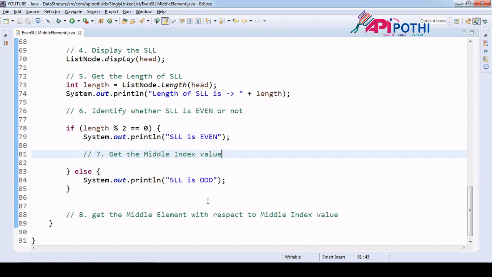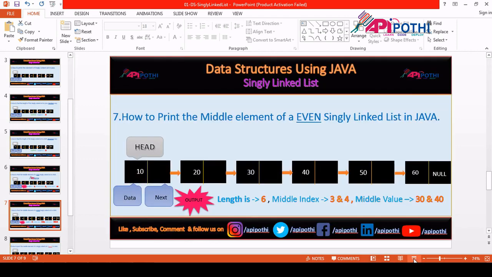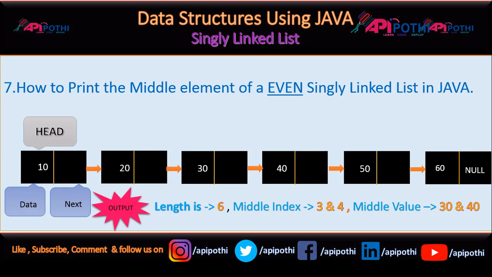Just divide by 2, and this will divide by 2 plus 1, giving you the middle index, since it has a single middle index. But for even also we have the middle index, but the number of indexes will be 2, not 1. So as I already showed you here, if you see this PPT, it has total 6 elements,